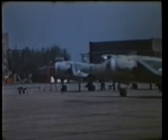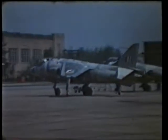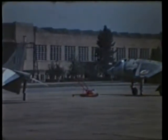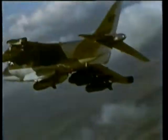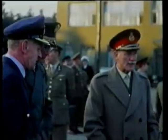What the RAF finally got was a Kestrel that had more power, an inertial navigation and weapons system, and a head-up display for the pilot. It was called the Harrier. 77 ground attack and reconnaissance versions, GR-1s, were ordered by the RAF. They entered service with No. 1 Squadron in 1969. One of the pilots who found himself flying this new machine was the then Air Commodore